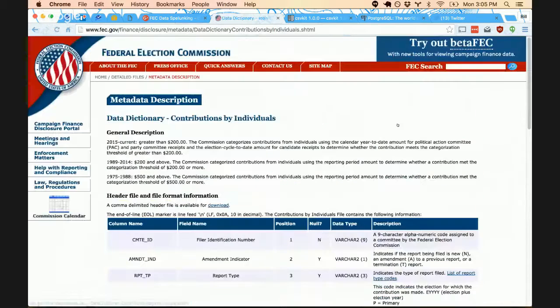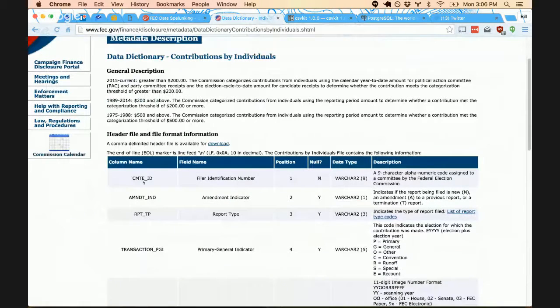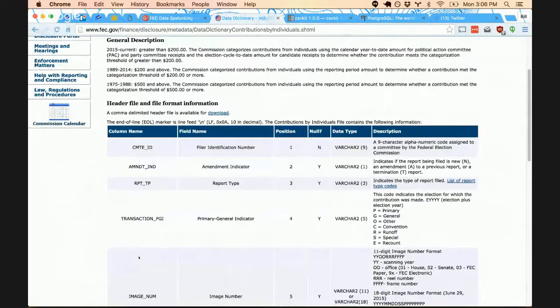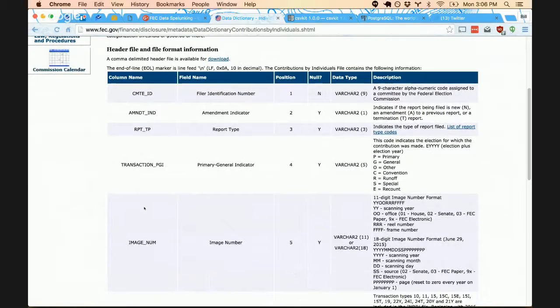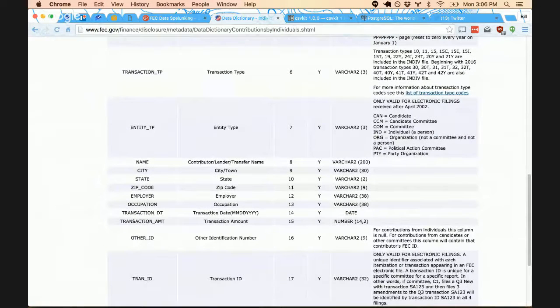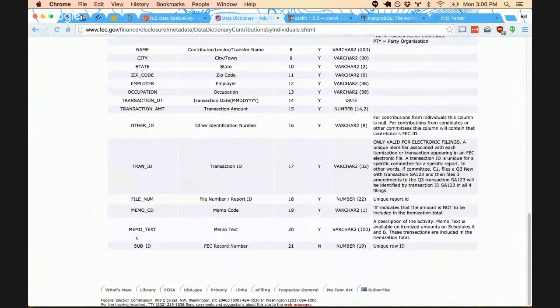So let's see, we'll look at the data dictionary here. The header is this. That's just a CSV with a single line, and on that line is each of these fields. But it's very well-structured data. You can see there's committee ID. That's going to be key for attaching this to information about the committees themselves. What type of transaction it was, very interestingly, how much the transaction was. So this will tell you how much people gave in a particular transaction, when they did, also employer and occupation, and then